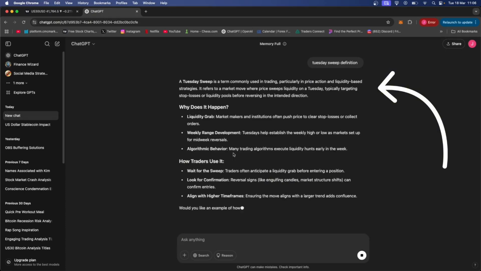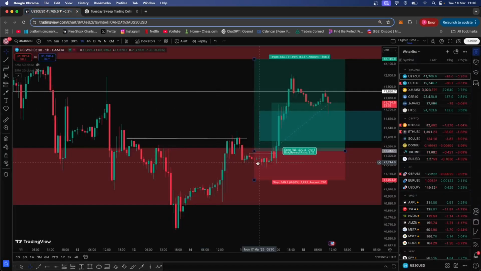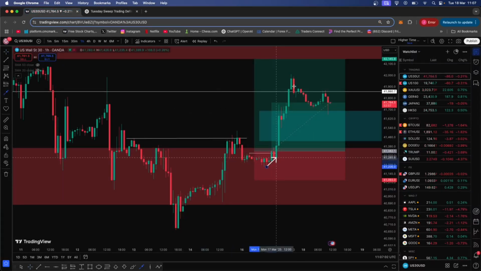The Tuesday sweep refers to when institutional investors allow retail investors to position long into the market early in the week on a Monday, and then what usually happens is on the Tuesday, price will get swept. So what that would mean, all of the retail traders who positioned long on this upward move, they will all be swept out. And what that sweep looks like is just a decline in price to take all of these